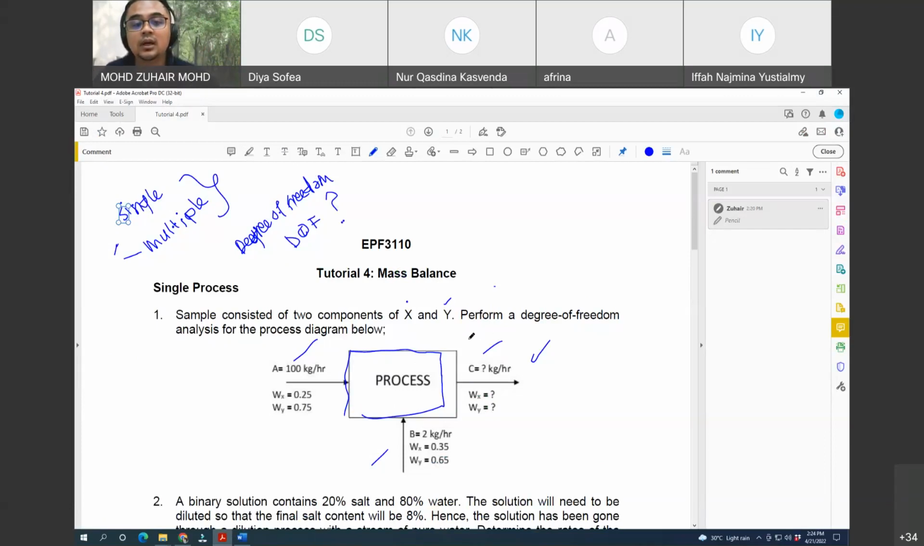Okay, so when you already have this kind of diagram, if the question did not provide you with one, you need to draw. But if the question already provide you, then it's okay lah. But if the question did not provide you any process flow diagram like this,